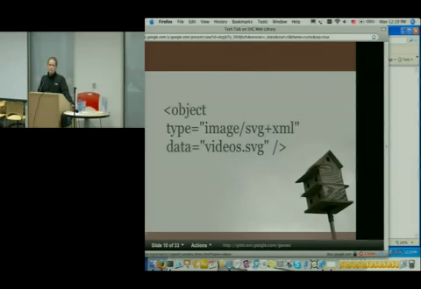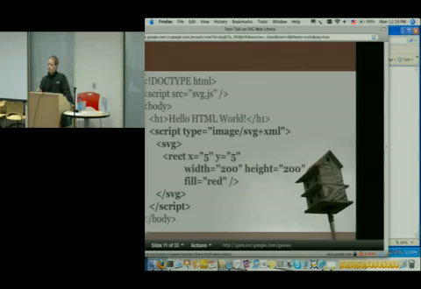Now, there are actually two ways to embed. We support using the object tag with a syntax similar to this. And then we also support dropping directly into normal HTML. It doesn't have to be XHTML. It can just be normal, plain vanilla HTML. And the way you do that, and HTML5 allows this by the way, is you use a script tag and set the MIME type, and then you just drop your SVG right into the page. That can be really nice for certain scenarios because you might have normal HTML. Your JavaScript in the page can still manipulate this, and you can integrate with HTML a little better. So those are the two deployment options we support right now.